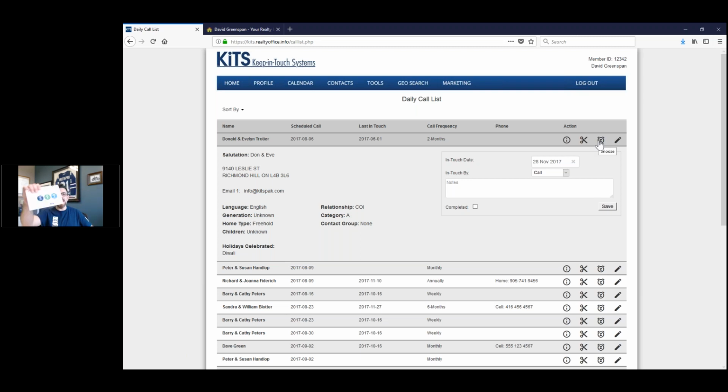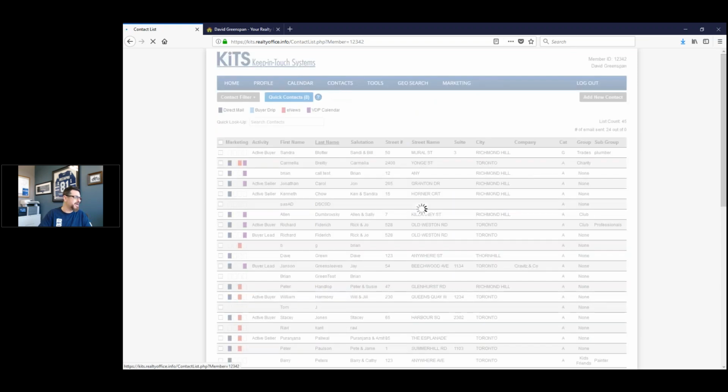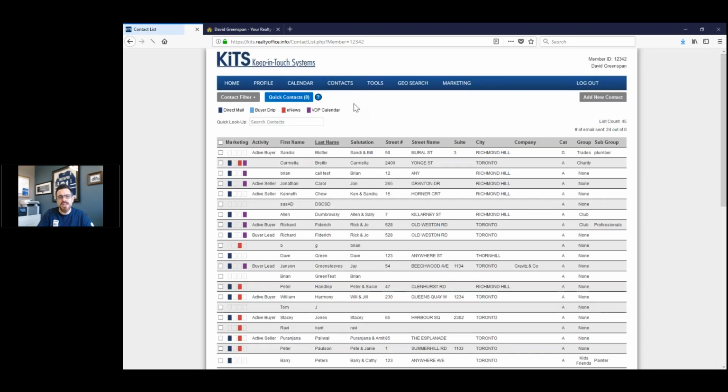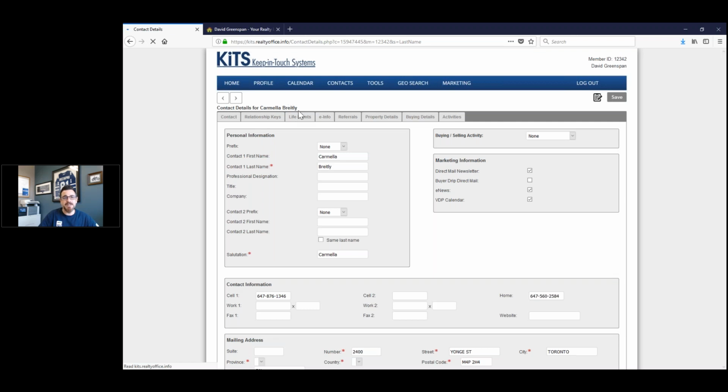Now, we've also got the life events. Okay, so when you go into life events, and you go back to a contact record, and we want to track birthdays, and we want to track anniversaries, and we want to track all sorts of different history in there. If I click on a contact of mine, and I look at their contact record, and I go to life events,